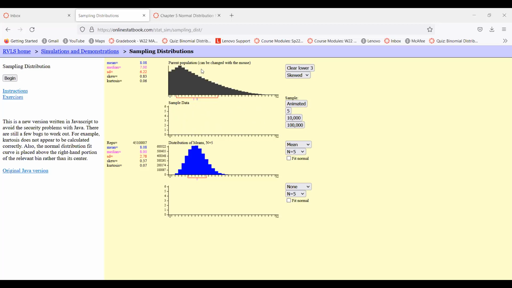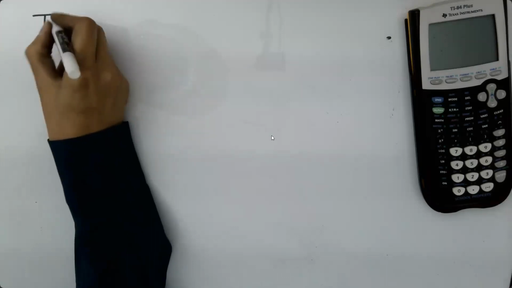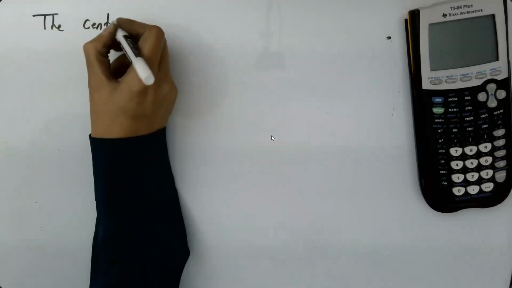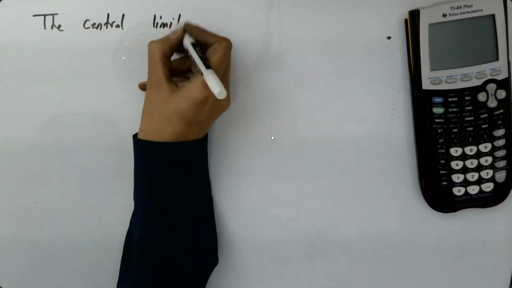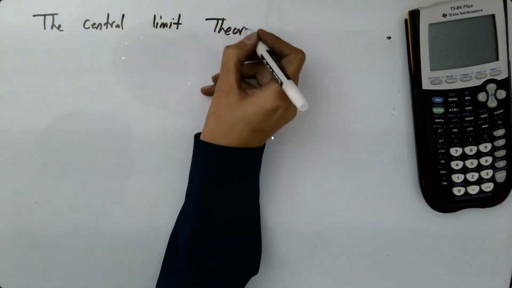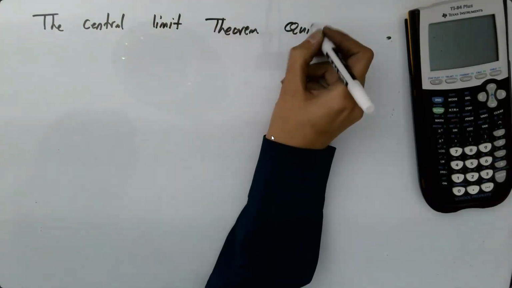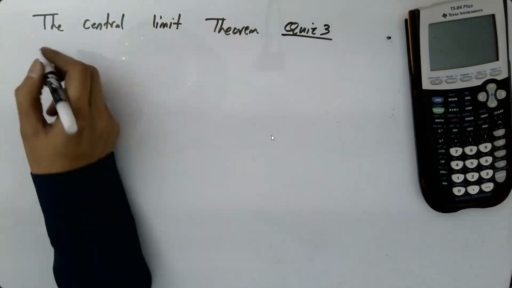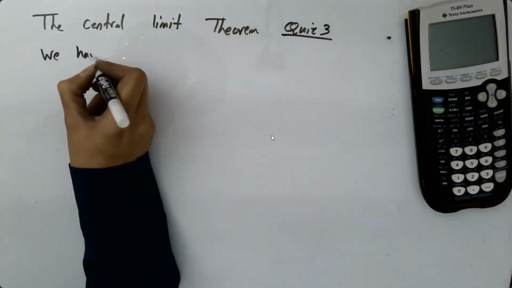Just let me write down what's happening here. What are the steps? What's the process? And why do we need that? Just an introduction to the central limit theorem for you. In the central limit theorem, as we saw in quiz 3, we have